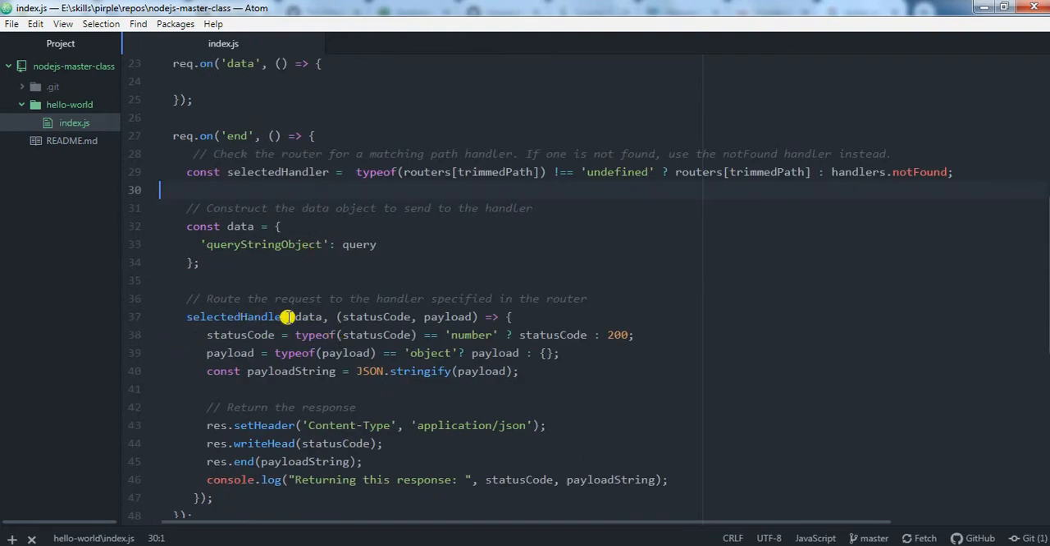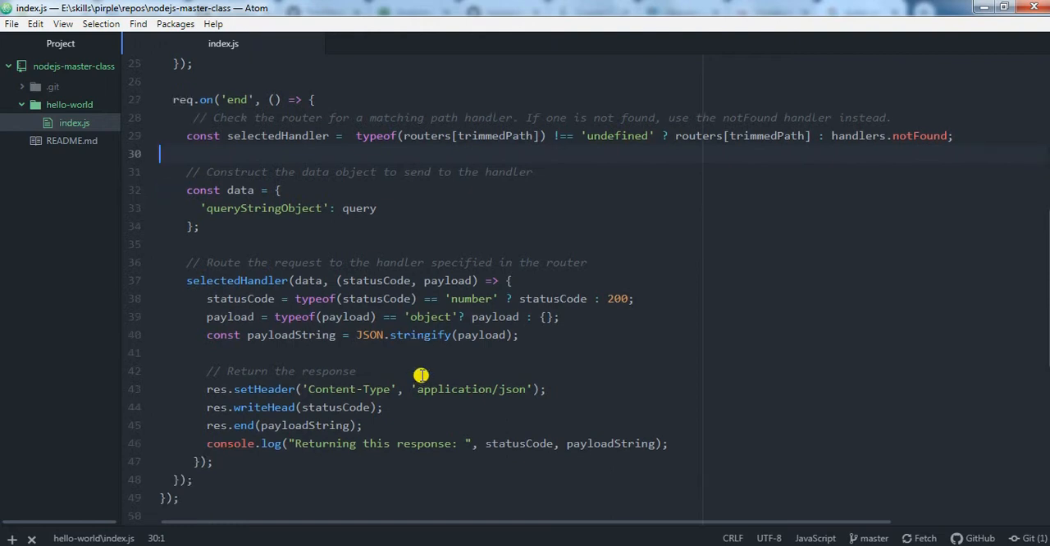Handler function takes data and there's a callback function. In this callback function, there are status code and payload. Status code should be a type of number, if not default to 200. Payload should be a type of object, if not default to an empty object. Convert this payload object into JSON string format and finally set the response